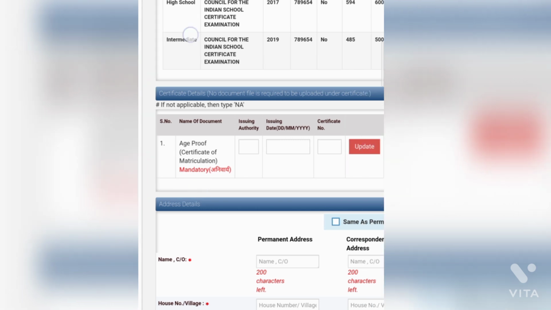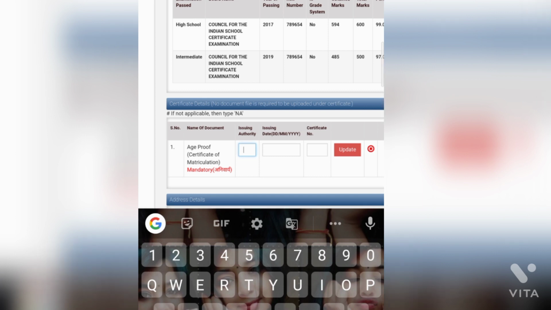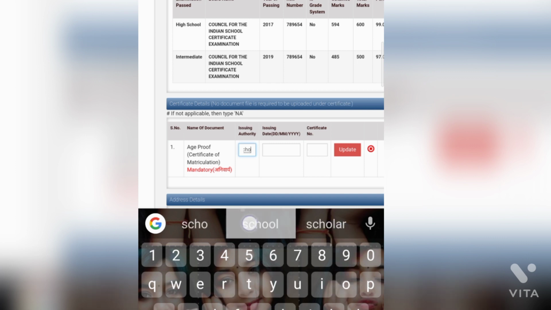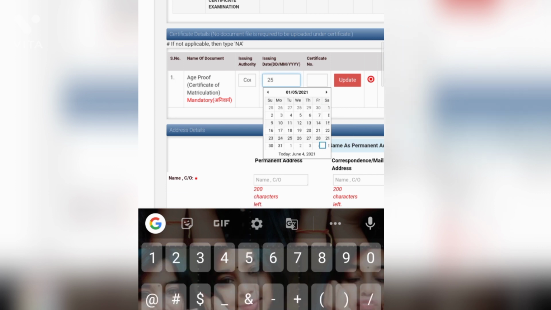Click on I declare that I have read the instruction. So this is how your form looks. Now you have to enter your age proof, that is the certificate of matriculation. So you have to enter the class 10 certificate as your age proof. Type the issuing authority. The issuing authority is the Council for the Indian School Certificate Examination for the ICSE board. As I have told you before, this video is especially for the ICSE board, so I am focusing more on that. Write Council